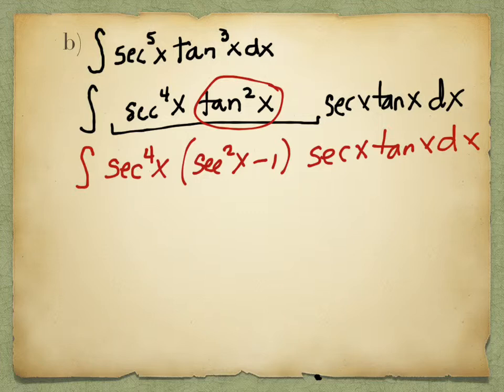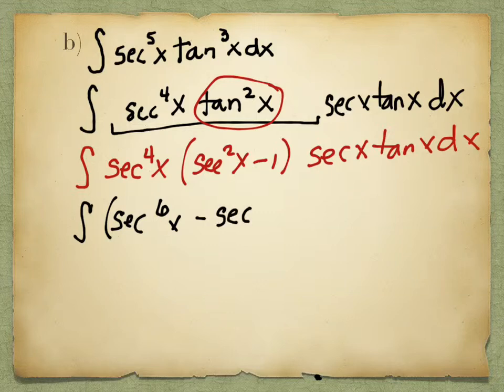I'm going to go ahead and multiply this out in the secants, just because I didn't do it from that perspective last time. So if I distribute, what is secant to the fourth times secant squared? Secant to the sixth. We add exponents. It's secant to the sixth of x. And then I have minus secant to the fourth times 1. Well, that's just secant of x to the fourth, right? And all of that is actually still multiplied by this secant x tangent x